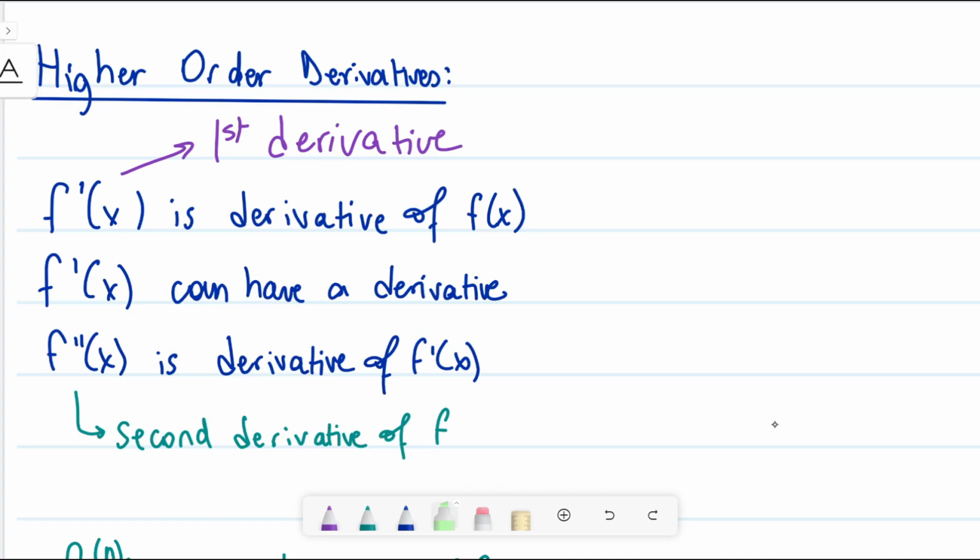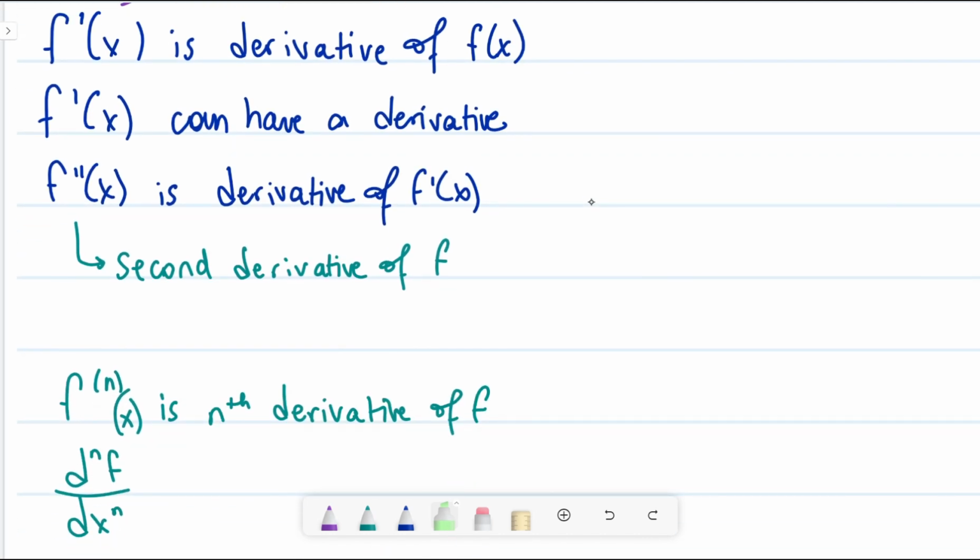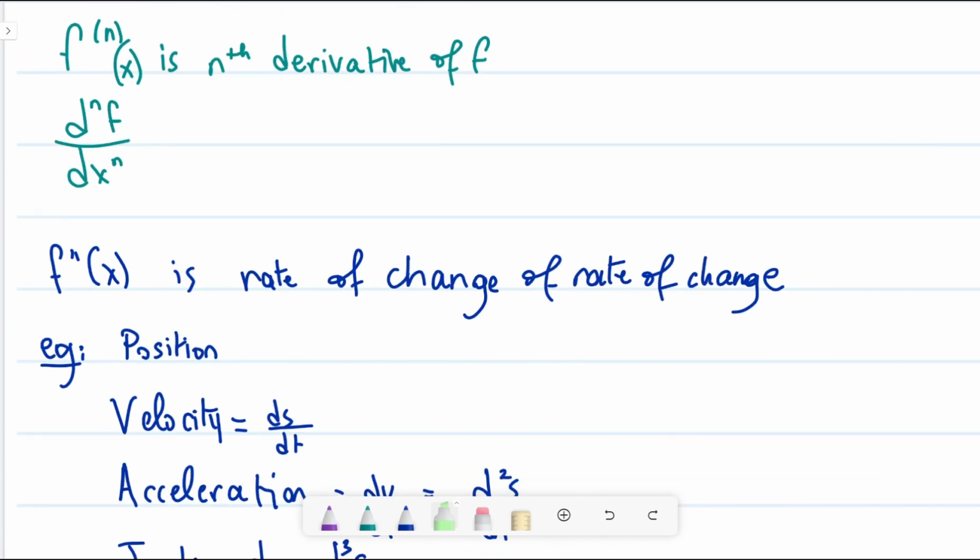And let's move on to higher order derivatives. So the derivative of f of x is f prime of x. It is also what we call the first derivative. Now f prime of x itself can have a derivative, which is f prime prime of x, which is the second derivative. And as I wrote here, the second derivative f prime prime of x is the rate of change of the rate of change. Because we said the rate of change is the first derivative,